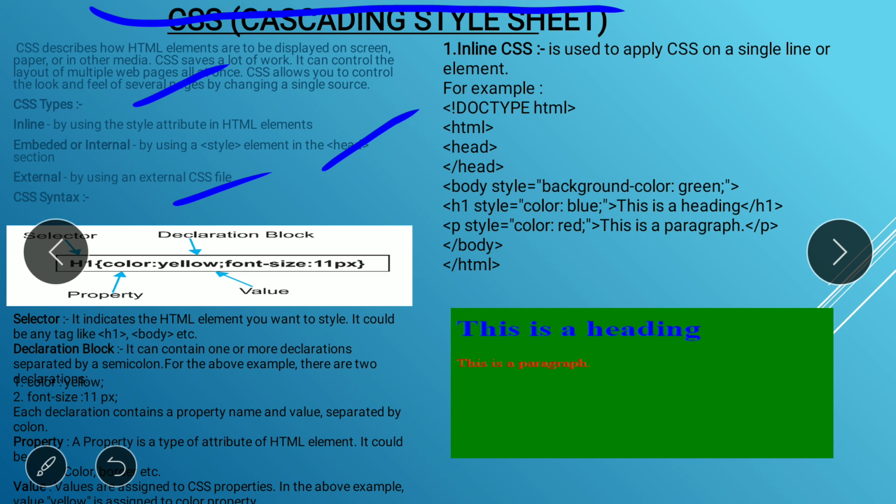We will see ahead how we write it. So that is the main difference. And external CSS I already told you, you have to maintain or you have to create a different .css file, and in that you have to write down all the CSS code, and that file you have to merge or link in your HTML file, and how, we will definitely see.